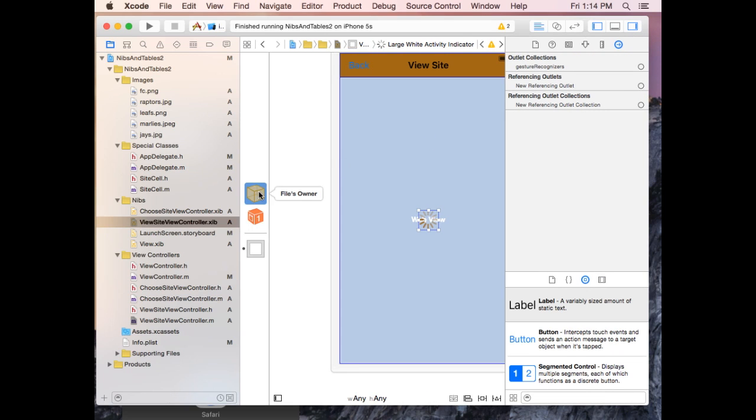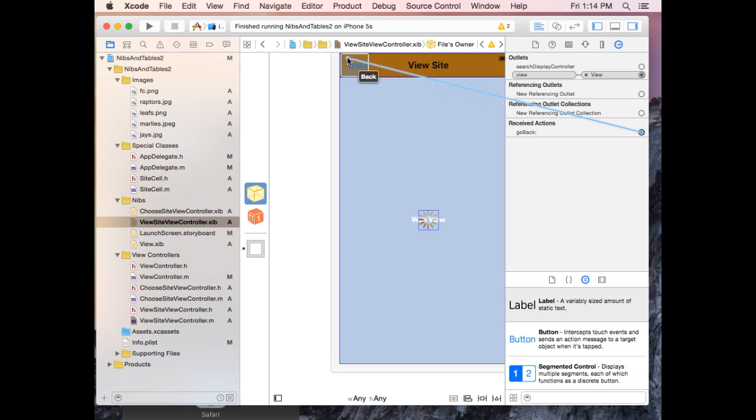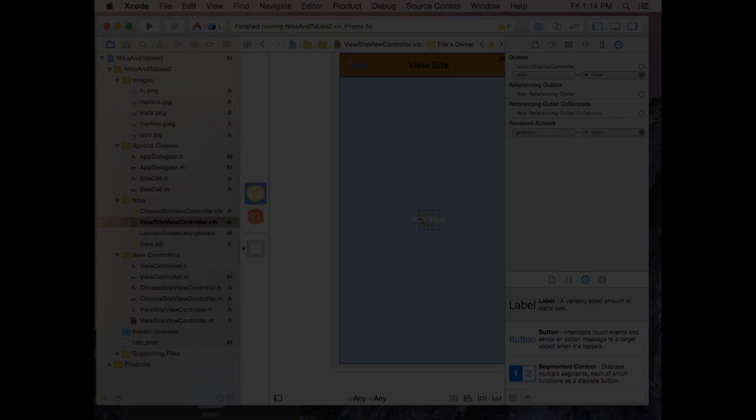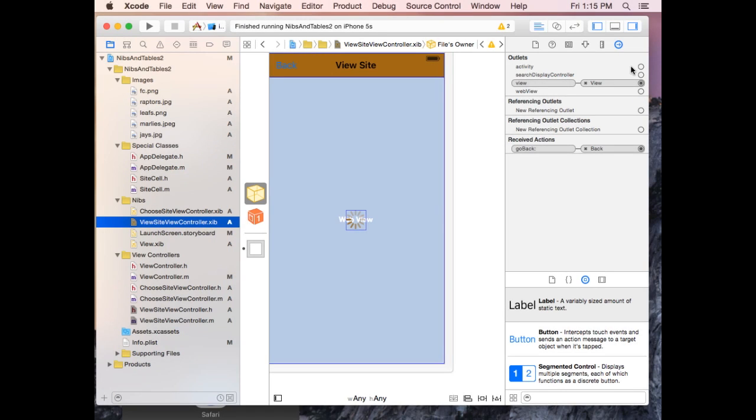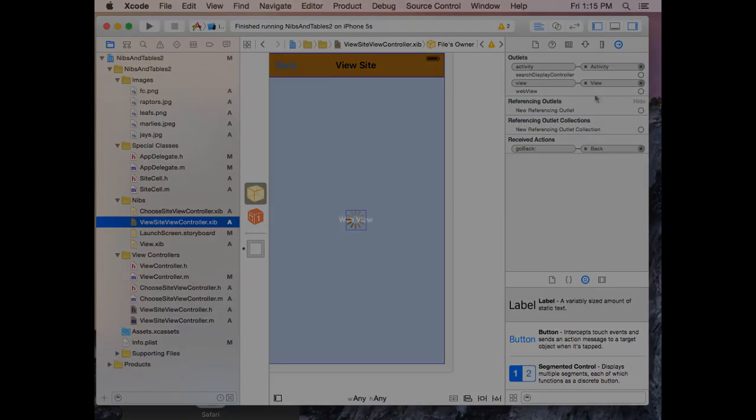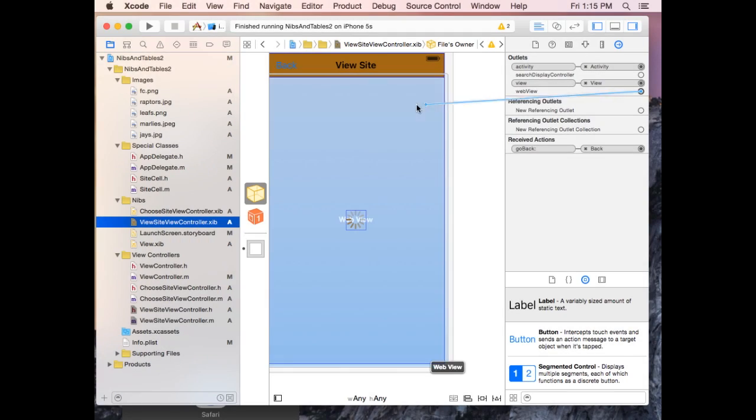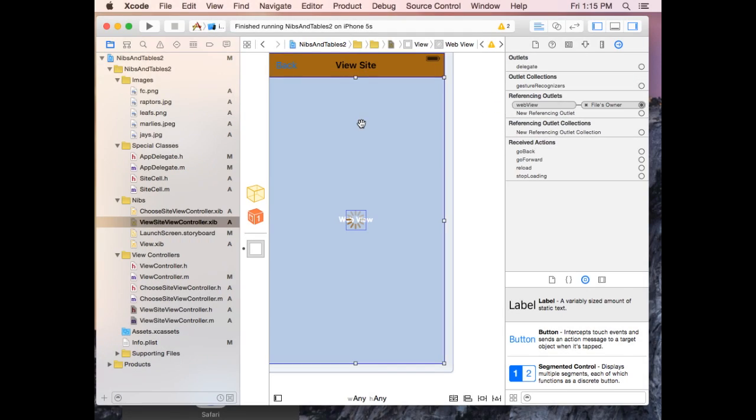So highlighting File's Owner, we're going to connect the back button to its IBAction. And if we click on the web view, we connect delegate to File's Owner. And now we could run this,